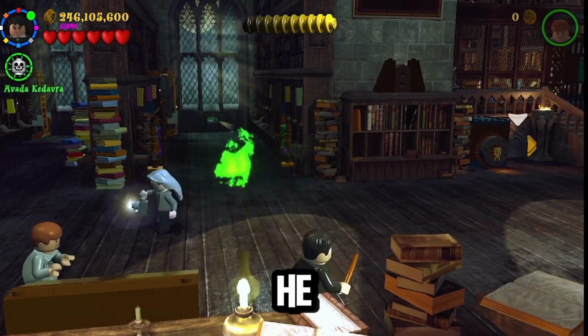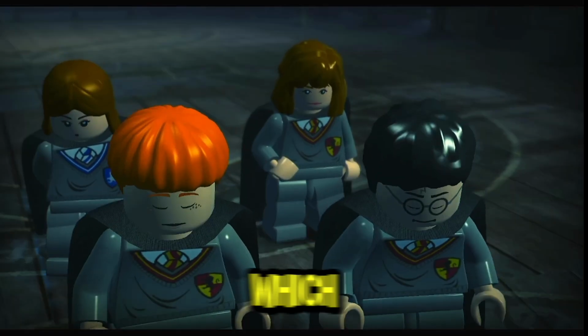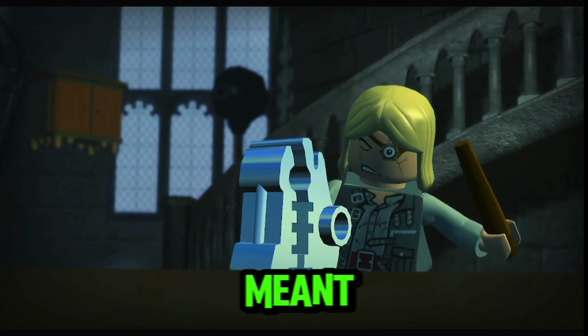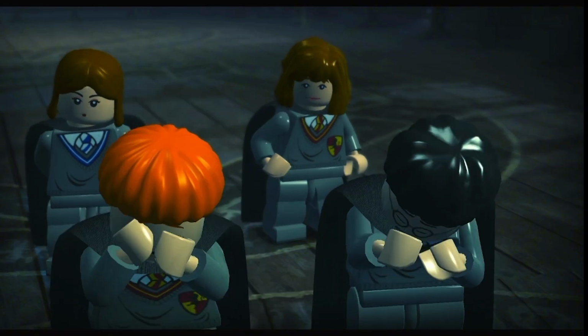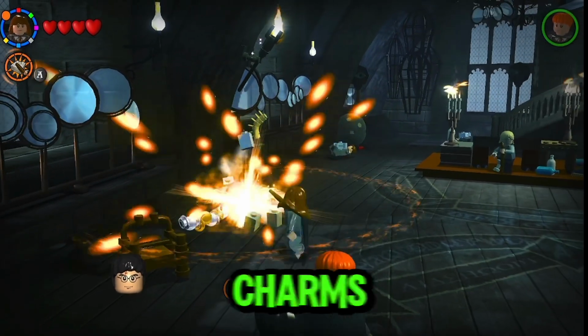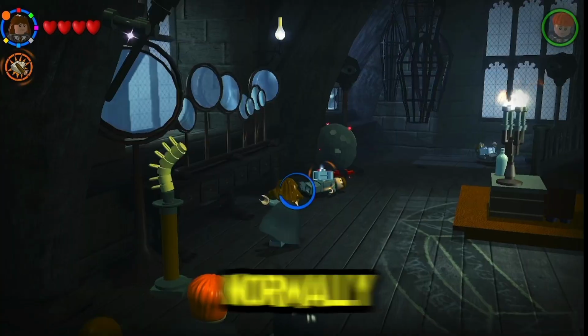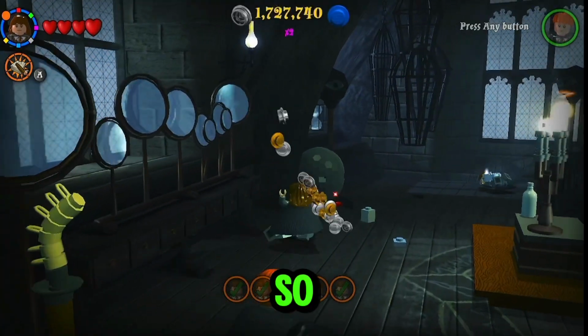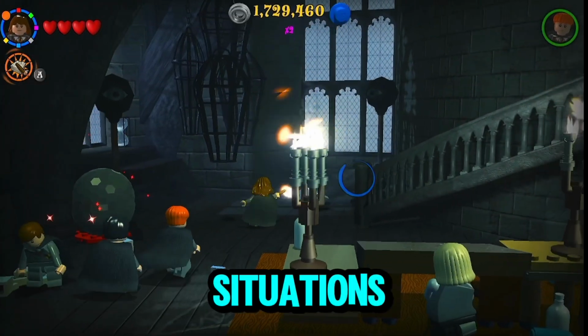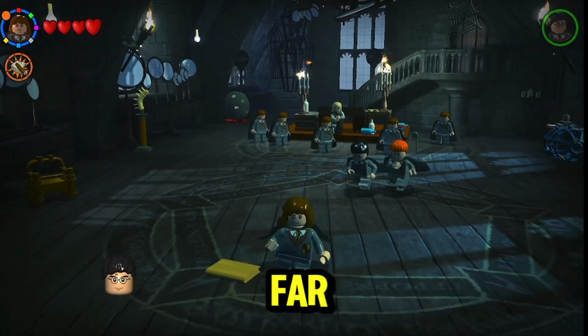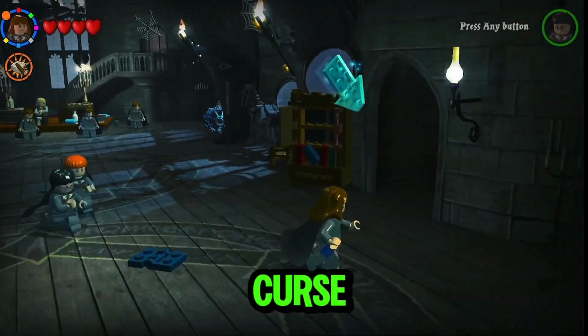he instead teaches the class Reducto, which is an advanced spell the students aren't meant to learn until their 6th year. Obviously, as I explained earlier with charms, Reducto can be used to destroy objects that are normally unbreakable. So it can really help you out in certain situations. And I'm pretty sure it was a far cry away from the Unforgivable Curse class that we saw in the